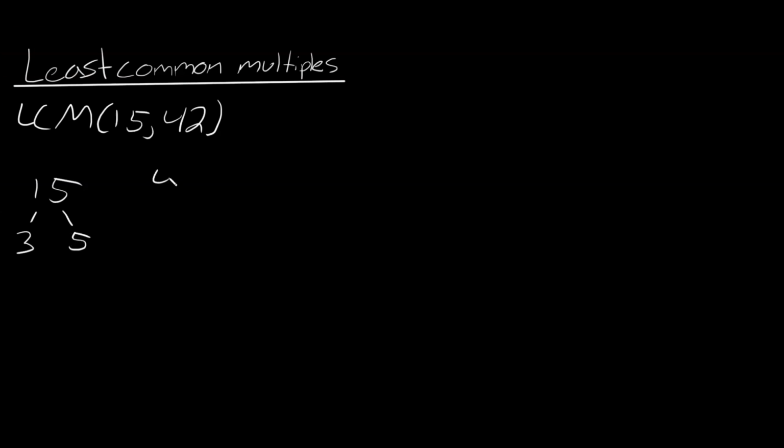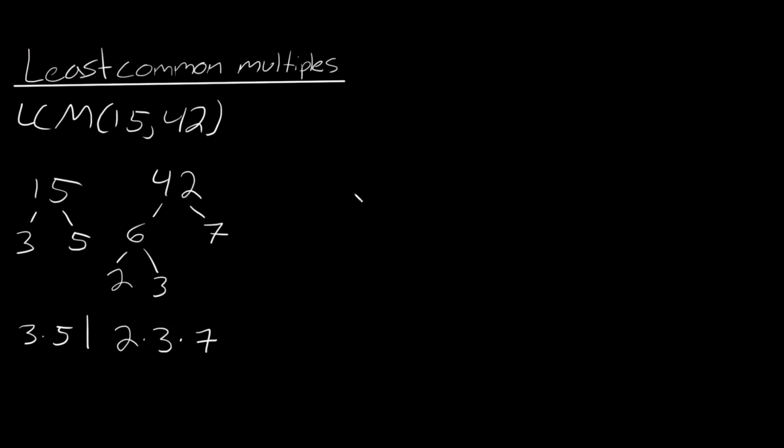And then 42, let's see. This would be 6 times 7. And then 6 can be broken down, but 7 cannot. So 6 will be broken down into 2 times 3. So the prime factorization of 15 is 3 times 5, and the prime factorization of 42 is 2 times 3 times 7. And then to find the LCM, let's go ahead and write out the prime factorization of 15, right? 3 times 5. And then, let's see, this 3 is already covered, so we just need to write out times 2 times 7. I'll write this over here, times,